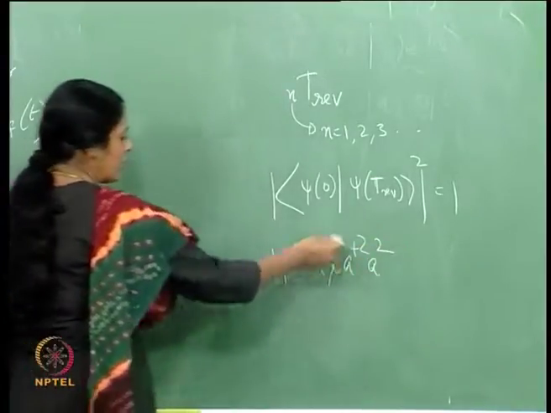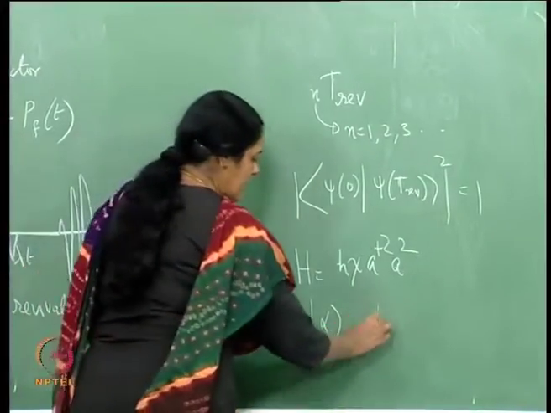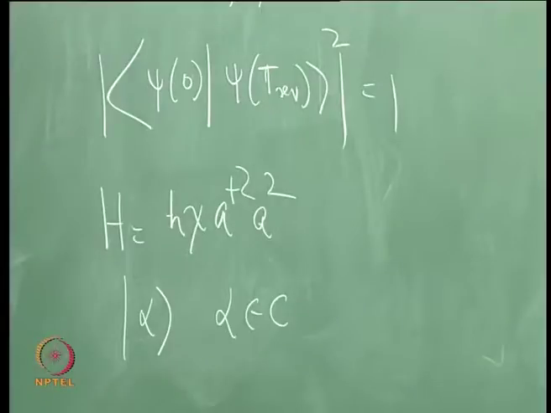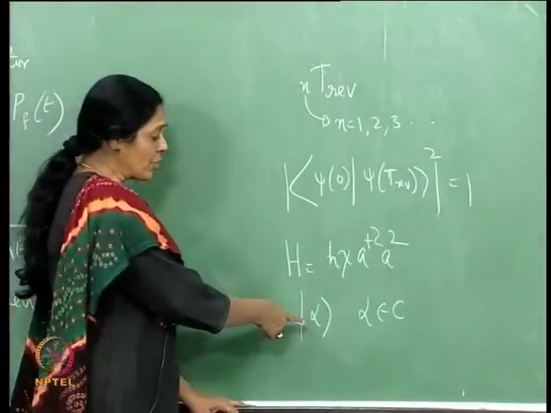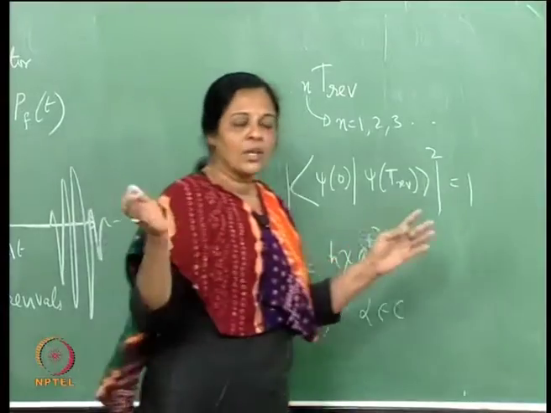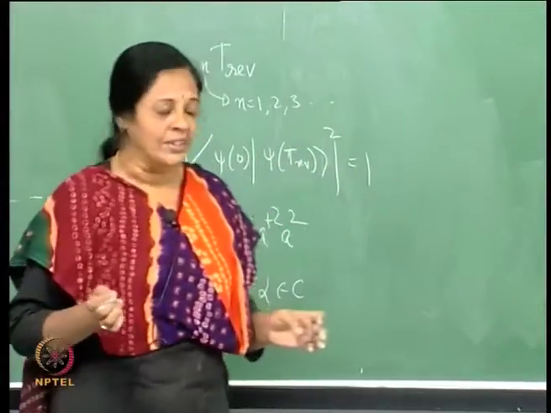So this is an effective Hamiltonian, and the initial state that I consider is ket alpha, which is just the coherent state of light. So initially it is a Gaussian in position space. As it evolves through this Hamiltonian, the Gaussian no longer preserves its property and in fact changes very wildly, but